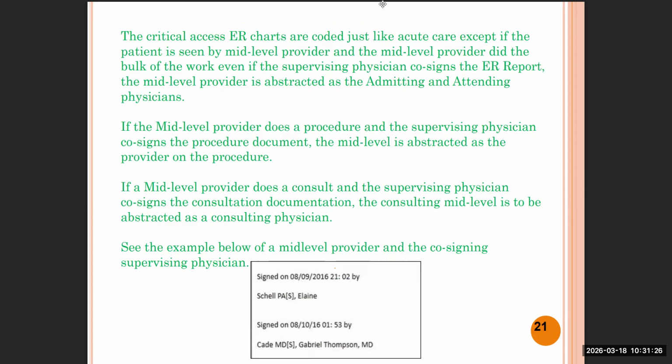Let's see. Critical access ER charts are coded just like acute care, except if the patient is seen by the mid-level provider and the mid-level provider did the bulk of the work. Even if the supervising physician co-signed the ER report, the mid-level provider is abstracted as the admitting or attending physician. If the mid-level provider does a procedure, the supervisor